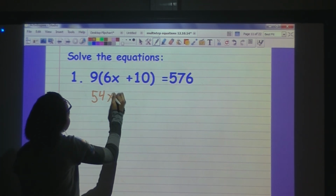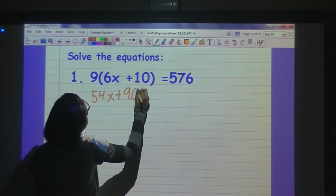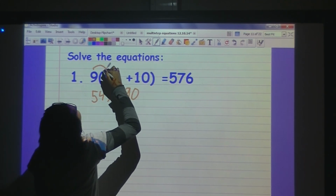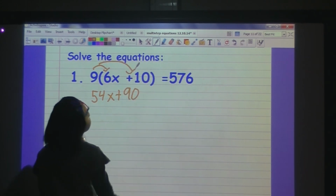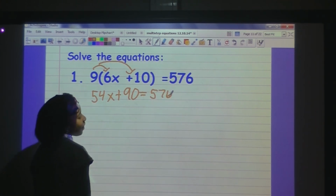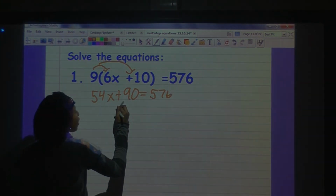You write down your x and 9 times 10 is 90. Now, Ms. Simone, I would love for you to draw your lines so I can see. Sometimes people love to be able to see what they're doing. There we go. Now we have 9 times 6 is 54. Now I see how I got 90 because 9 times 10 is 90. Then you just start with the two-step equation. So if it has plus 9 here, plus 90 here, you subtract 90 from